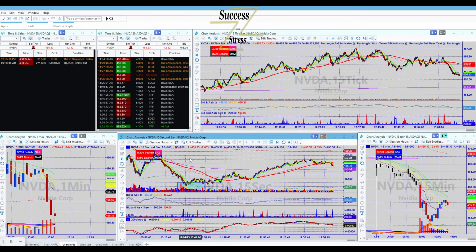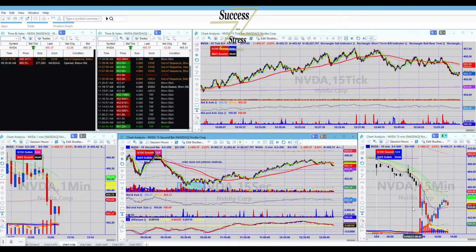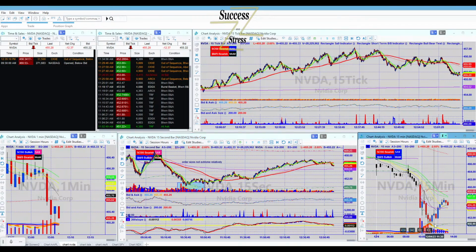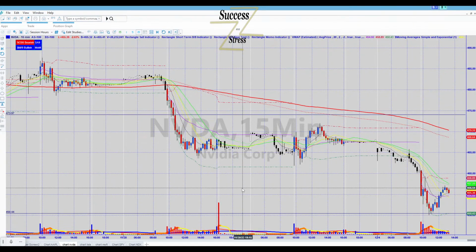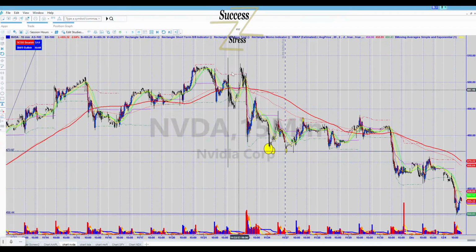So, order sizes not extreme, relatively. Okay, all right, so the last thing I'll do here is, the price level here is about 450.12 or so. We're just going to draw a line over here, and then we're going to open this up and see where it corresponds to on other charts. But now, again, if you look at Nvidia, it's definitely